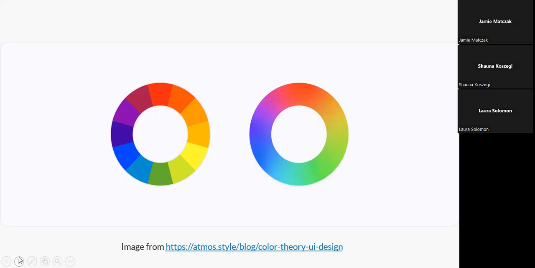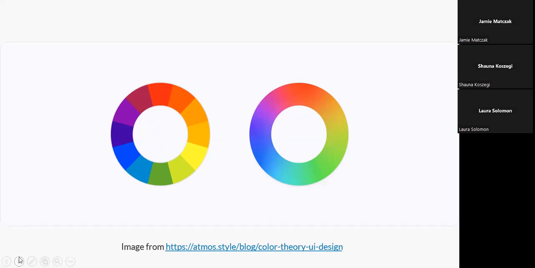In fact, I would be shocked if you were using something to the left, because that's, I don't know, less, it's got 10 or a dozen colors or something. Maybe MS Paint back in the day had something like that, but most things these days have something like the one on the right, where we're looking at about probably 216 million colors if we're talking about the digital. So the thing is, though, about the one on the right, as accurate as that is, it's very difficult to work with from a human perspective when we're talking about combinations.